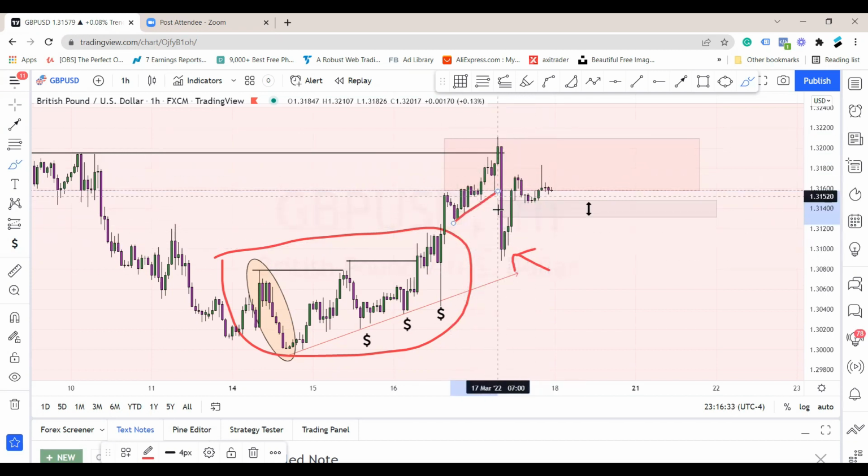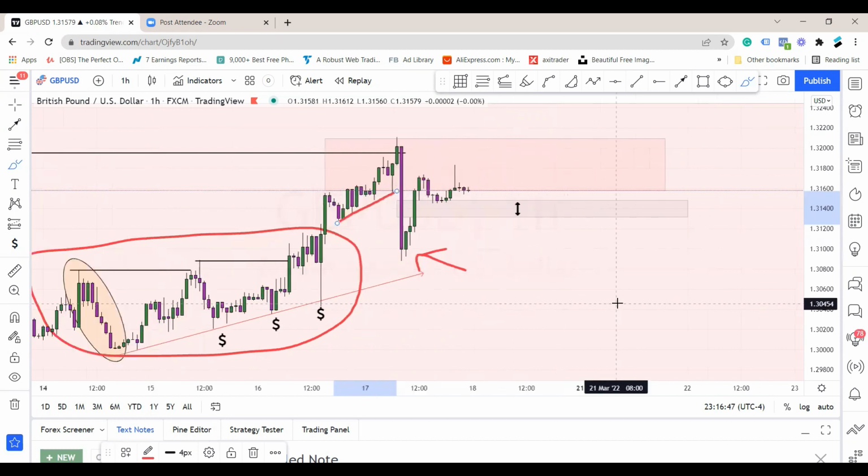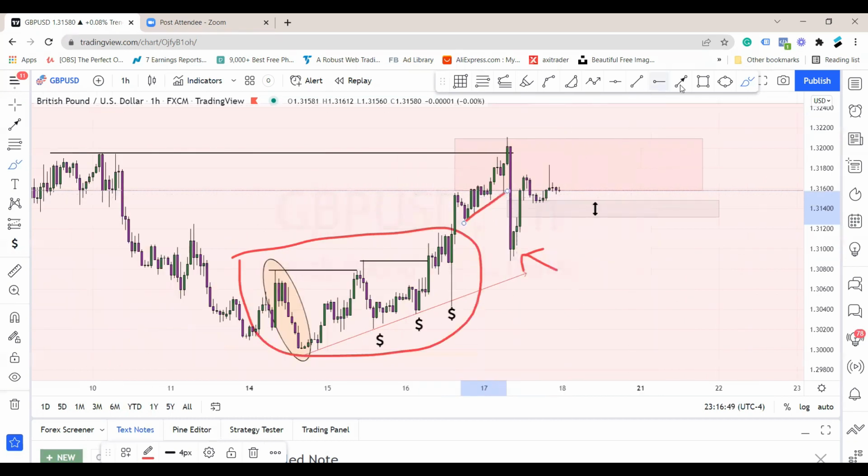So this has two functions. This move down has two functions. One is to get accumulating more and get their buy orders filled, at the same time unlock this trap order. So this is the latest trap order not yet unlocked. So I think that today, with the price moving all the way down,